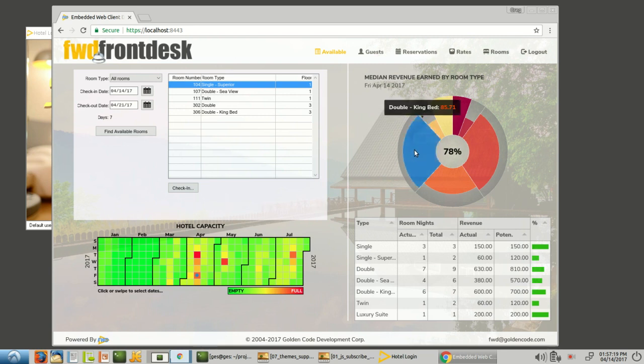Now we've got some other controls. This is an aster plot that is giving you details about utilization by room type and the amount of revenue. The arc lengths here relate to how much revenue can be generated from that room type, and that's of course driven by the server and the converted ABL code and data as well,